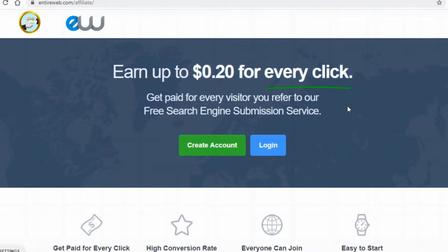And while 20 cents isn't a lot of money, bear in mind that this is per click, not per purchase, nothing like that. This means that unlike when you are promoting some product as an affiliate, there's a very, very high chance someone you refer to here will search for something, since obviously it doesn't cost them anything to do so. And that is really important with this strategy, as it will allow you to earn more money per less